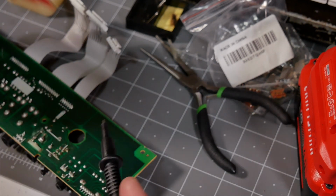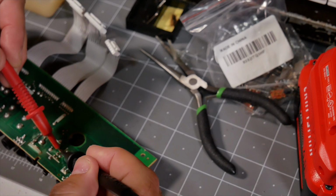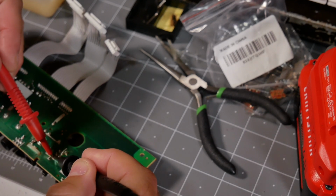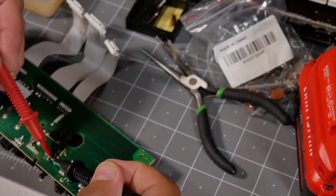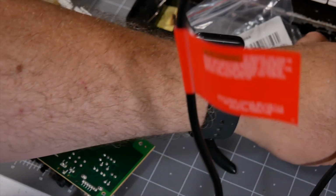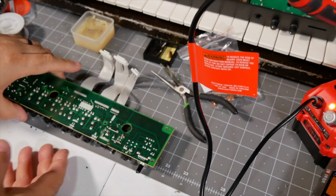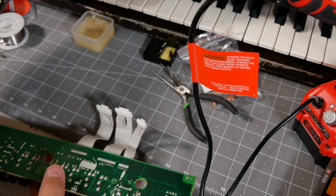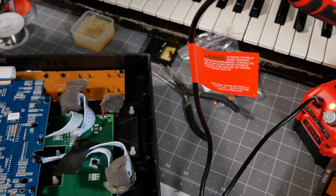All right. That's on. And that's off. I'm not sure. But it is soldered in right, so it is time to assemble it. Or at least get it plugged back in. The only problem is I will have to wait a few minutes because the...